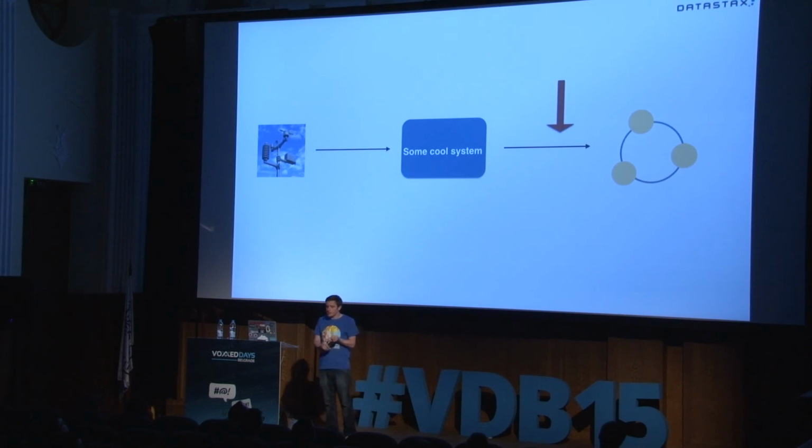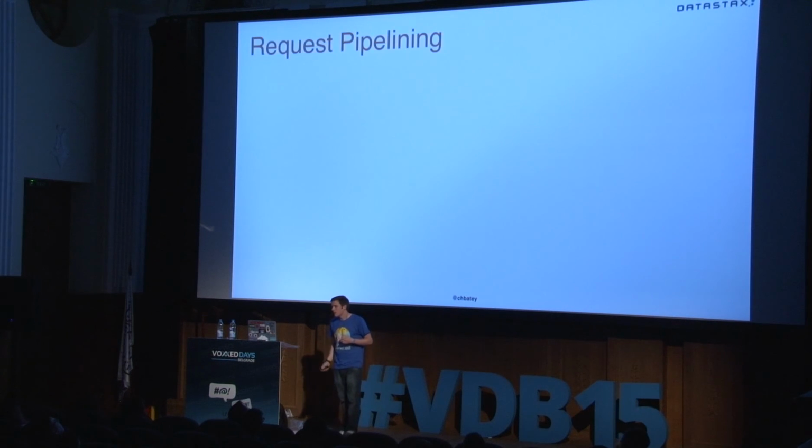You can have an asynchronous framework like Akka. You can have an asynchronous client, say an asynchronous HTTP client. But it doesn't matter if your server, the thing you're talking to, the database, etc., doesn't allow you to interact with it asynchronously. And it has a lot to do with something which is often called request pipelining.